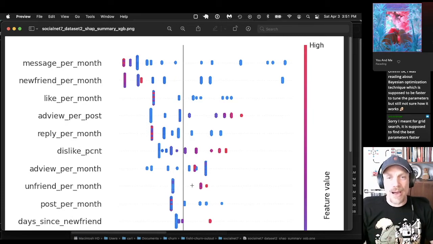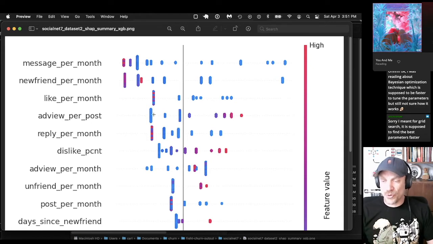What's great about the Shapley method, or SHAP method, for explaining these models is you can actually see the sign of the influence and the magnitude of the influence. For the fourth most important metric, ad view per post, you can see that high values on this metric contribute to increasing the churn probability, and lower values give you reduced values of the churn probability.